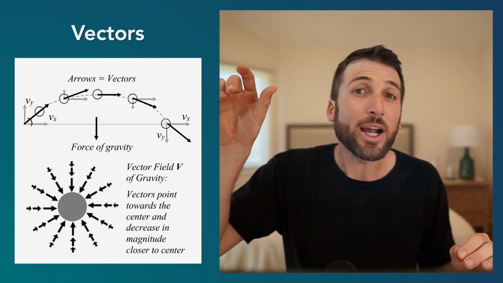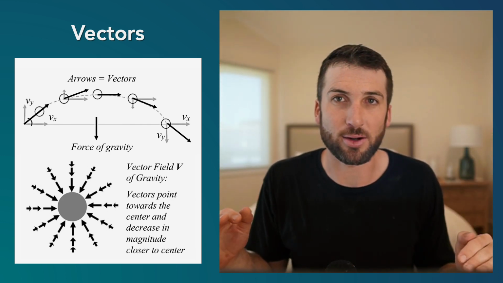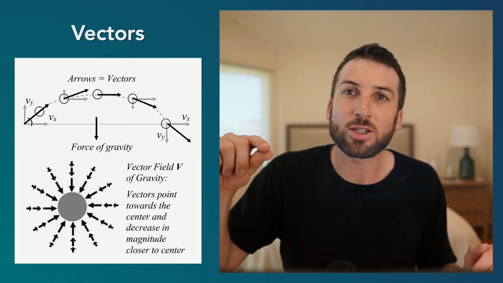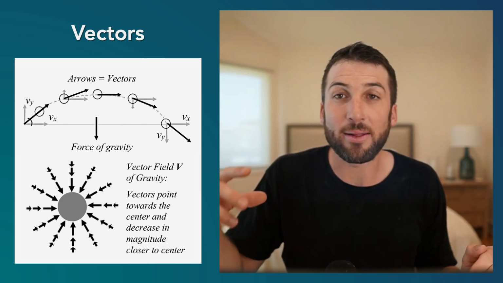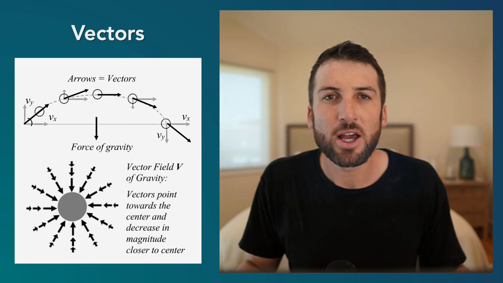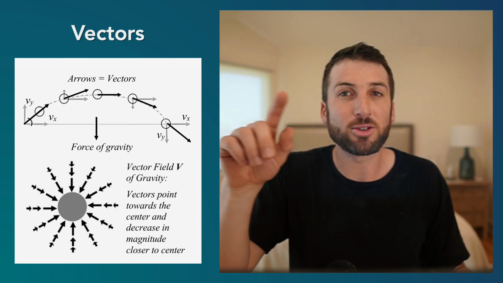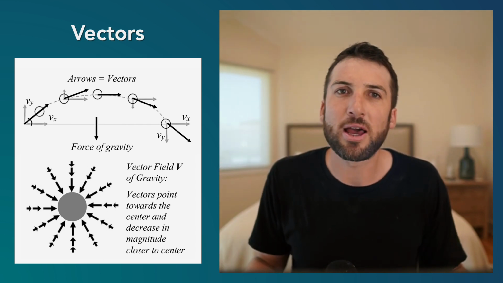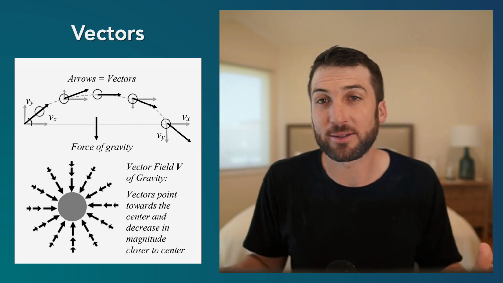Now, the direction of these vectors all around the Earth should all point to the center of mass of the Earth. Additionally, as it gets closer and closer to the Earth, the vectors increase. That means the arrows get longer. So this is really important: vectors not only describe trajectories of individual particles, but also a whole field, what is the vector at each point in a space.